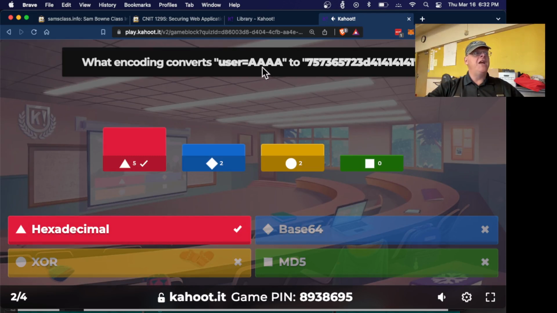You can spot the AAAA is turning into 41, 41, 41, 41, and especially if you're taking the exploit development class, we're using that all the time. And so it's just each character turns into 2 hexadecimal digits.